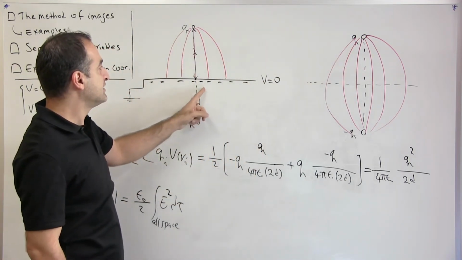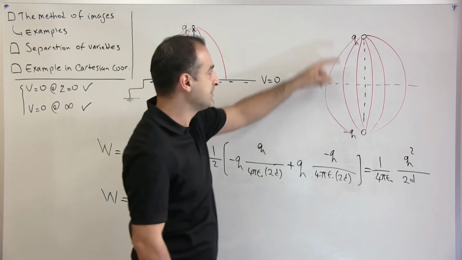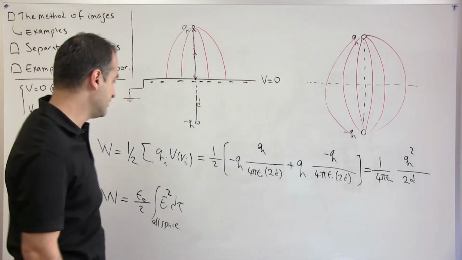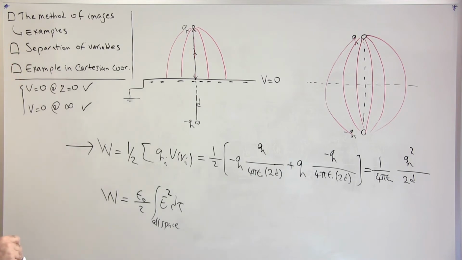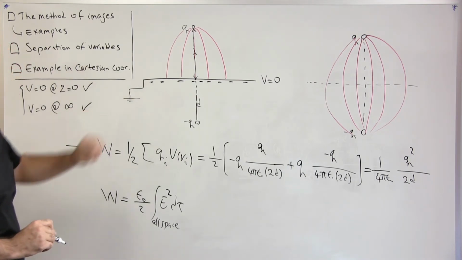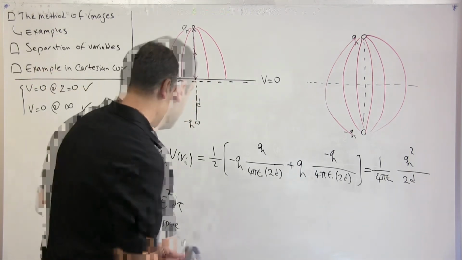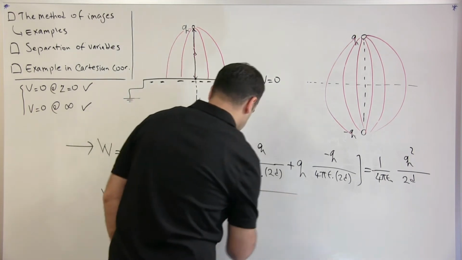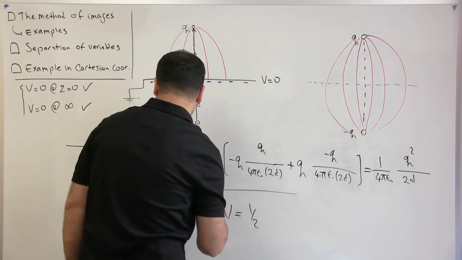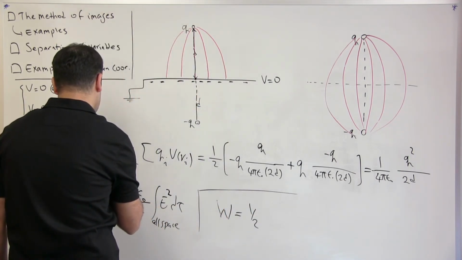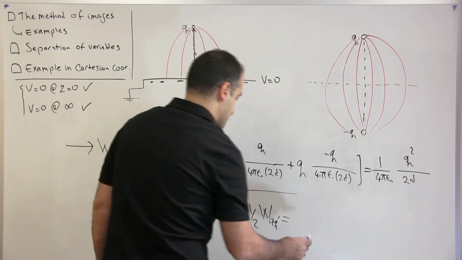So the energy of this system of the conductor and Q should be half of the energy of this system that we have Q and negative Q on both sides. So whatever energy we calculated here, half of this applies to the case of the conductor and the charge Q. At the end, the energy W should be half of what we had over here. So I'm going to call that U_qq', half of the two-point charge system, which becomes